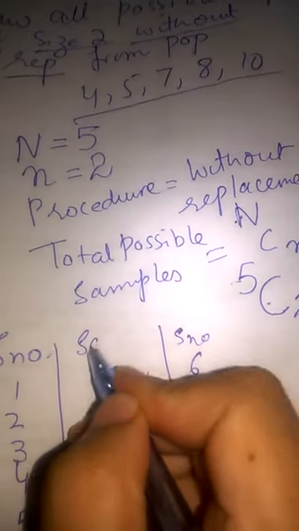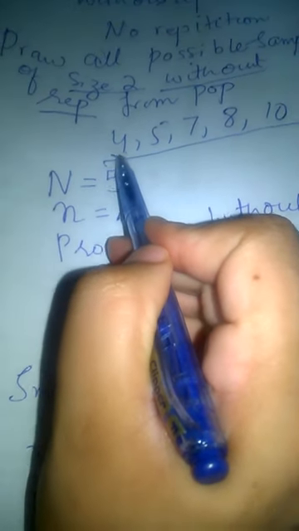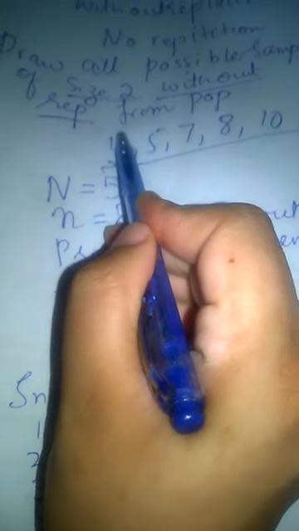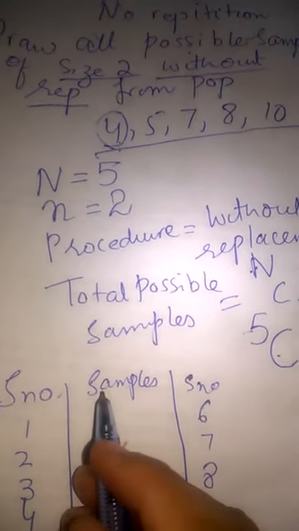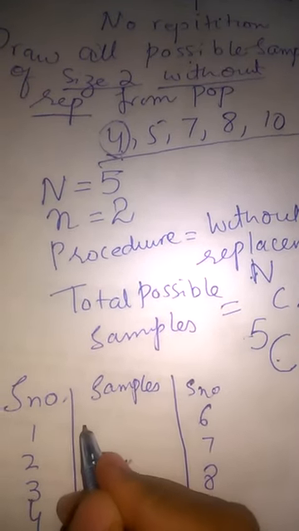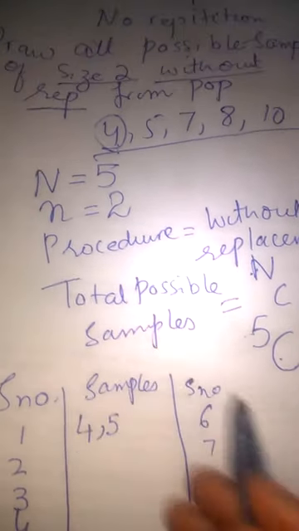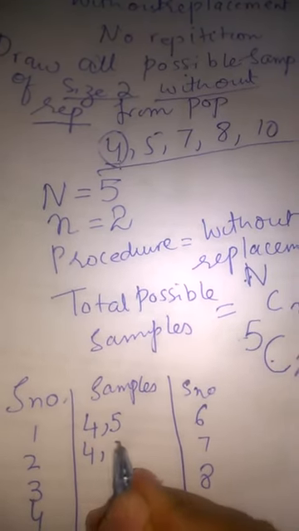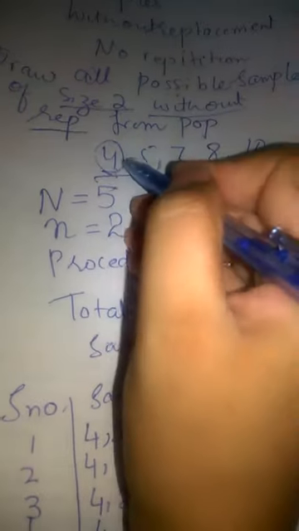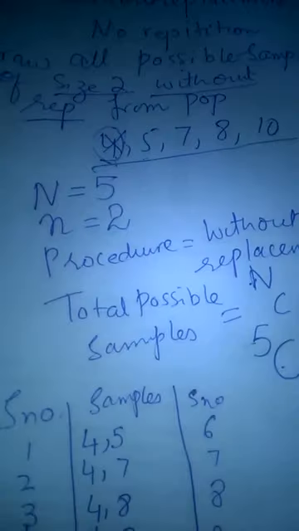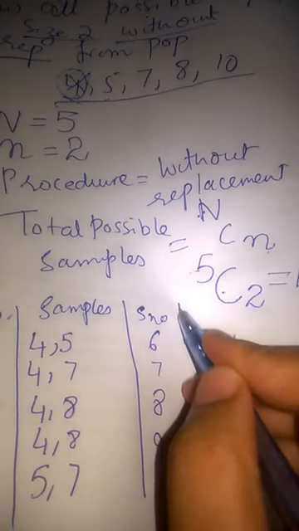Okay, now we are going to make samples. As in the case of with replacement, we will select the first unit in the same way. Now this is the case of without replacement. We cannot repeat 4 with itself. 4 can come with 5, it cannot come with itself again. 4 can come with 7, 4 can come with 8, and 4 with 10. Now 4 is discarded out of your population, it is thrown out. Now you have 5. 5 cannot repeat, so it can come with 7,